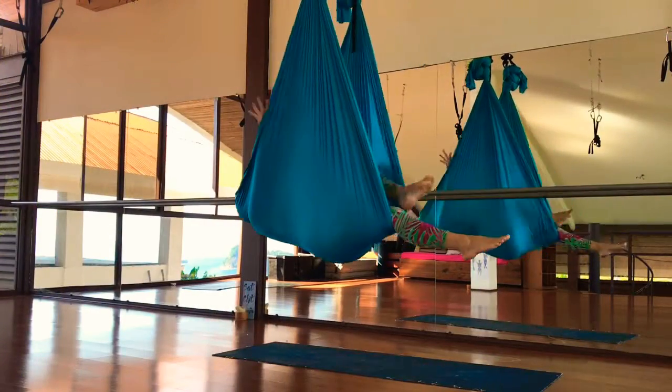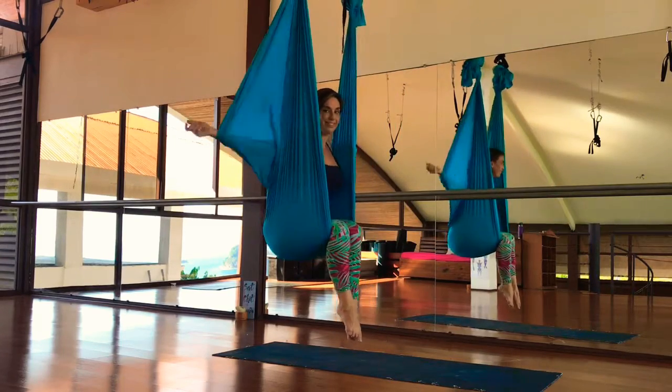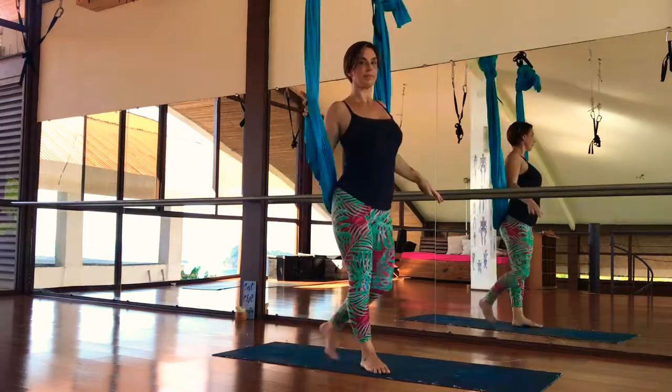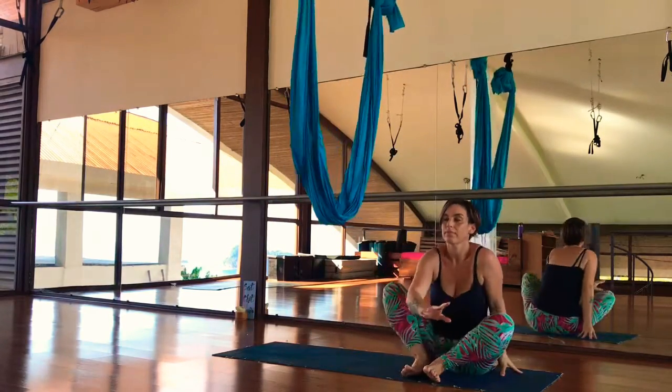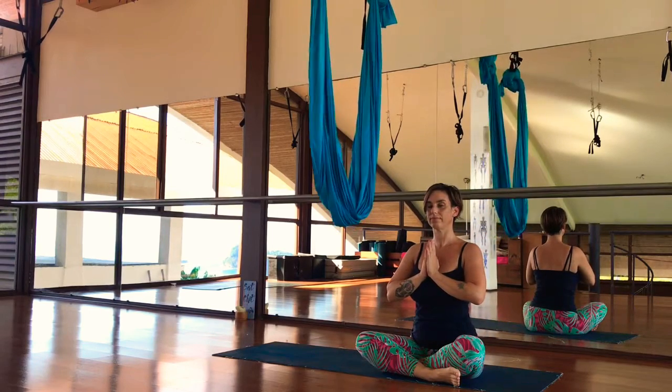When you're ready, take a deep inhale, gently move the fingers and toes. Free the feet from the hammock, reach up. Slowly sit all the way up. When you're ready, step out of your hammock, come to sitting on your mat and take a moment here to